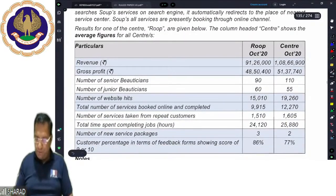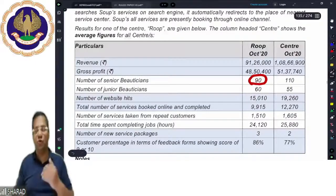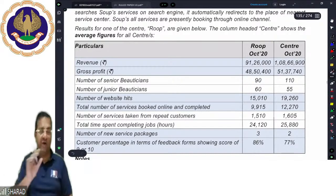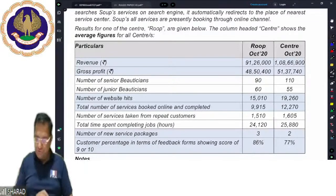Revenue is approximately 91 lakh and here 108 lakh. Gross profit is given. Number of senior beauticians: 90 beauticians are there in the Roop center, while on average 110 senior beauticians are there in the remaining centers. Number of junior beauticians, it's 60 and 55. Number of website hits,